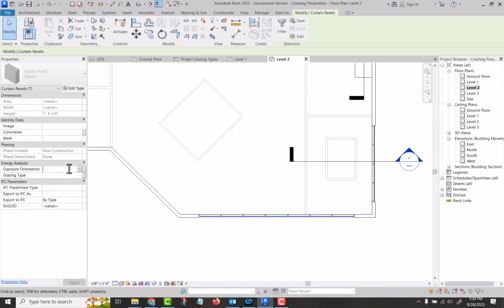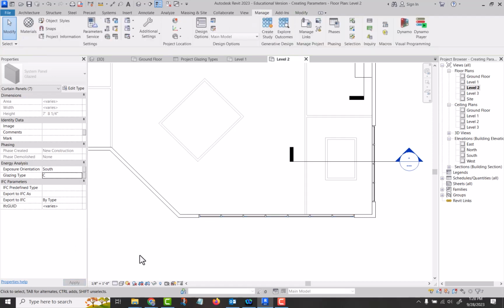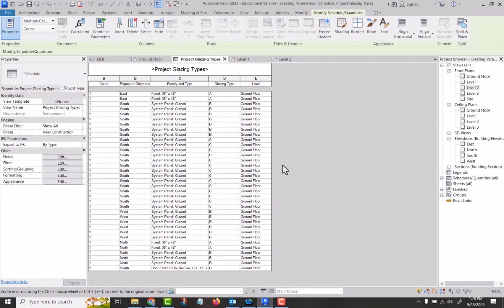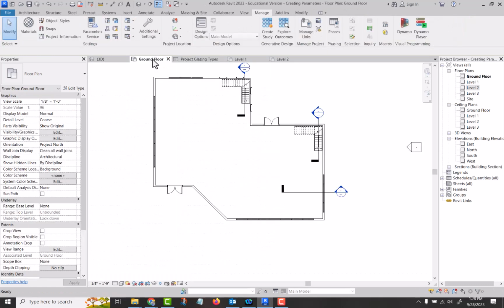Okay, so those are not selected, so we'll go ahead and go with the south and make these a C also. Okay, and so it added them in, but they're still considered hosted on the ground floor. All right, what I will do before I send this project out to you